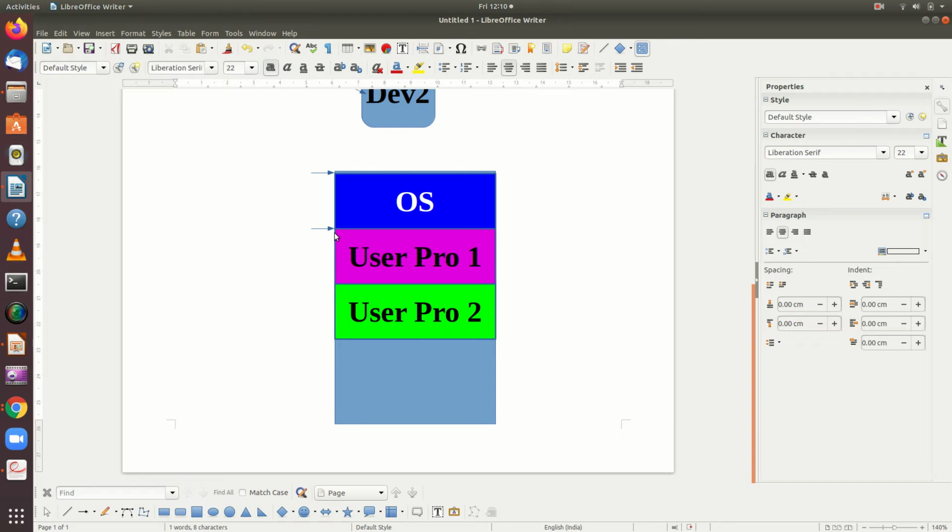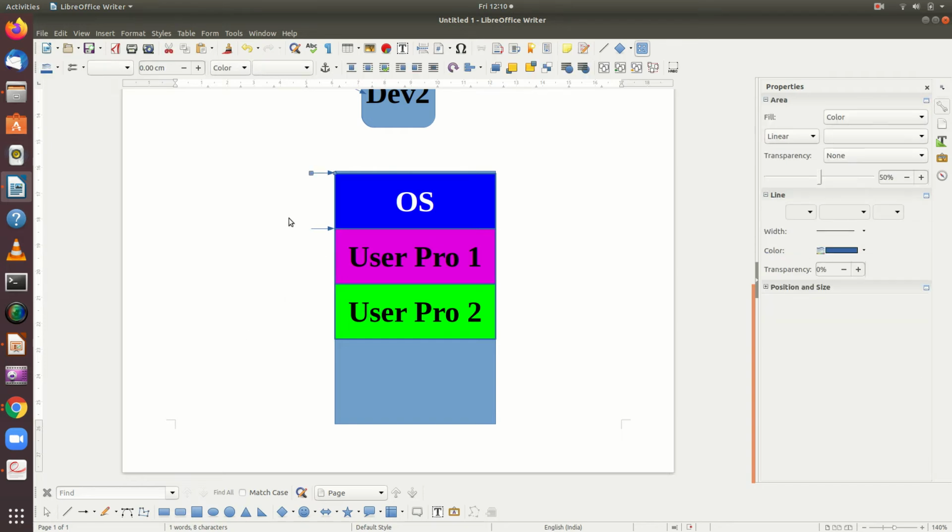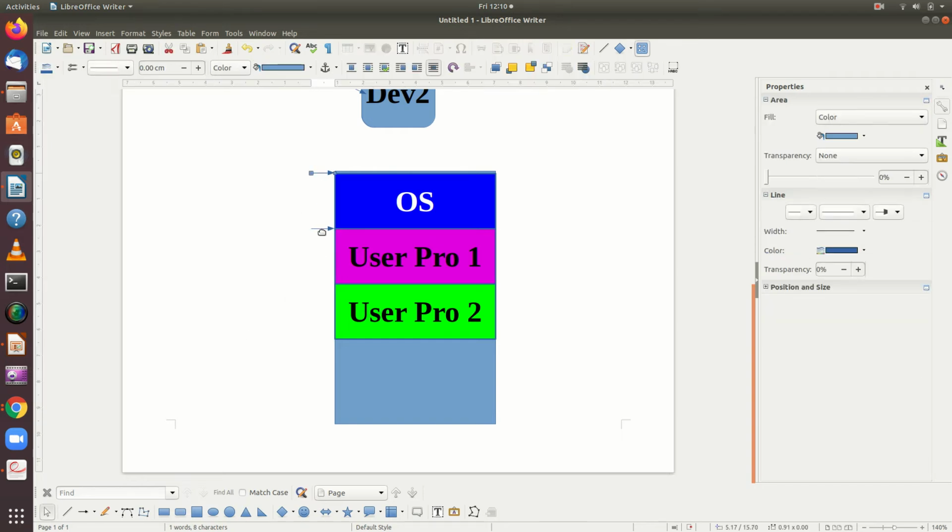Then right from this point to this point, it is allocated for process 1.